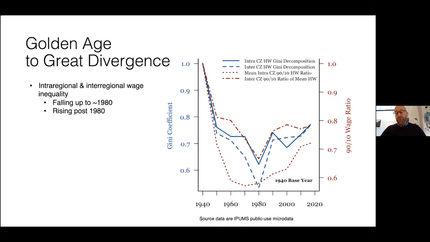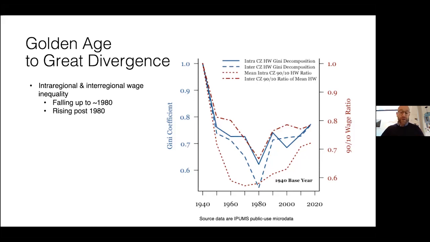To capture interpersonal inequality, we're looking within regions, at intra-regional inequality, but I could show you lots of other graphs that are national interpersonal, and they look very similar. The point of this slide is that across a whole bunch of different ways that we might measure it, and this is just a few, if we go all the way back to 1940, throughout using census microdata, we see a very consistent pattern: two different epochs of inequality at both scales.